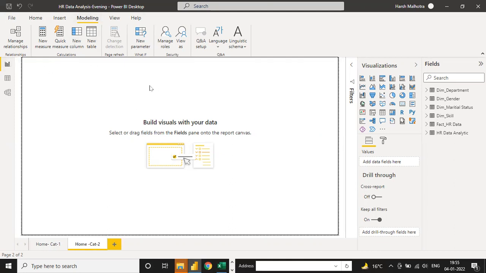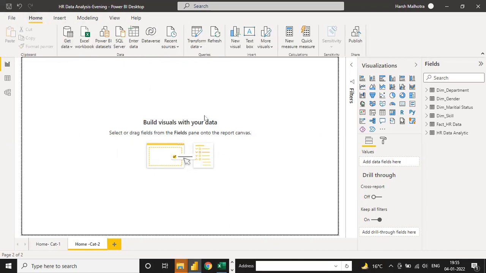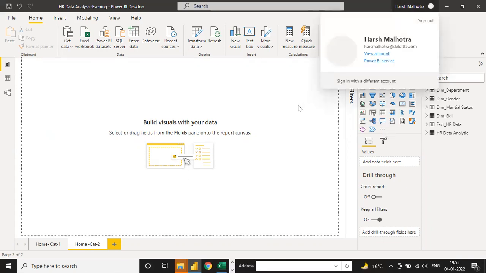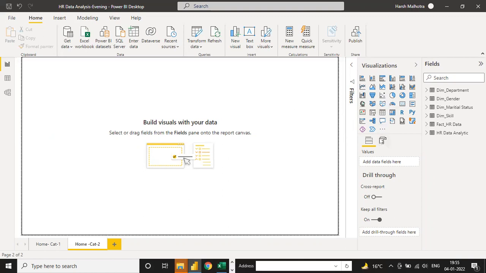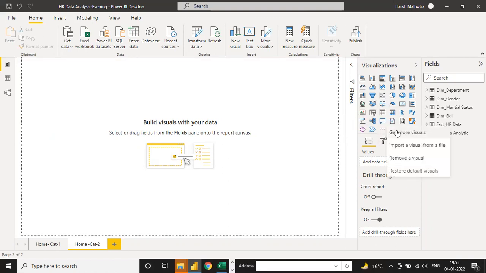Guys, this is your visualization pane. Everything else does not matter in the background. The main motive is to make your visualization interactive, more interactive for your purpose. Under this visualization pane you have almost 30 plus visualizations, but you can have 250 plus visualizations. Let me show you. But for these 250 visualizations, you need your official email ID. Without an official email ID, you cannot do it, because it will ask you to log in with email ID.